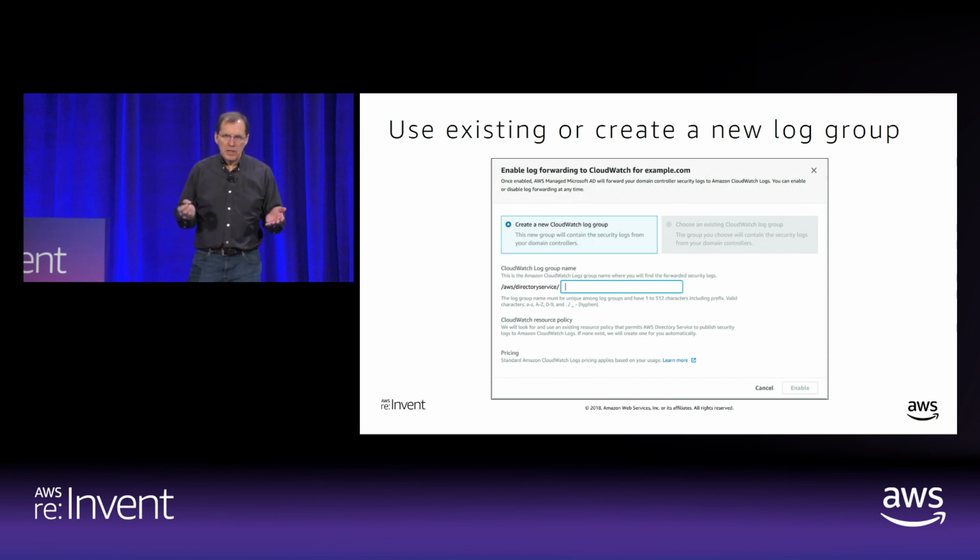So now you can do things like take Splunk and connect that to your CloudWatch, and you can monitor events that are happening in the directory. And that includes not only the events that your users are doing in the directory, but also if for some reason our automation doesn't do a recovery right on a domain controller, we might have to log in to diagnose